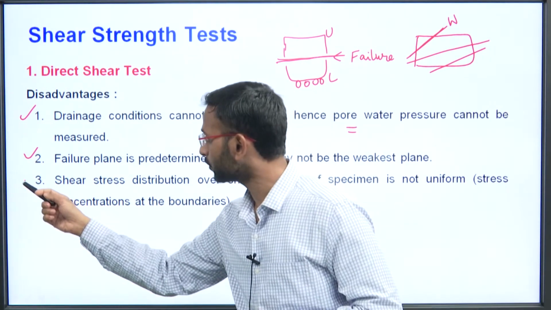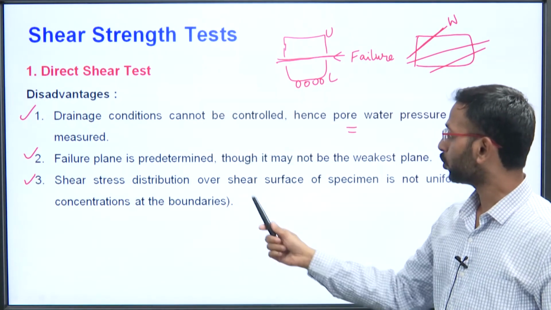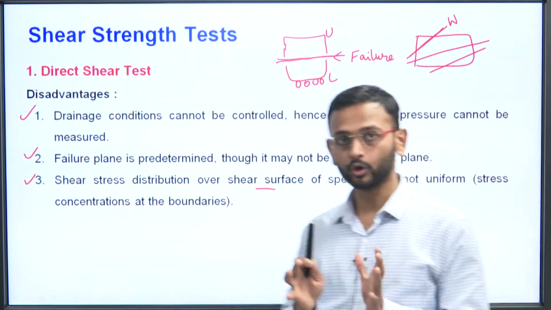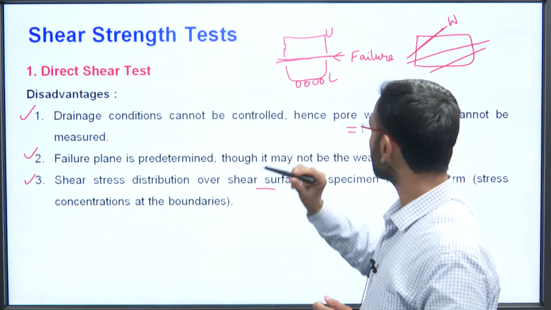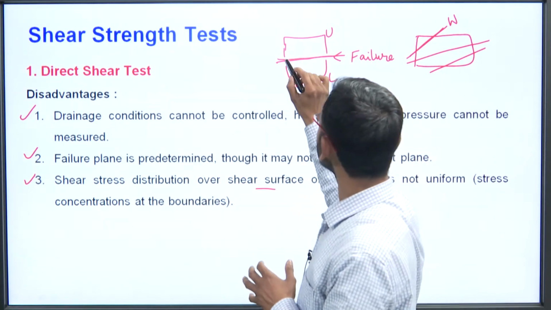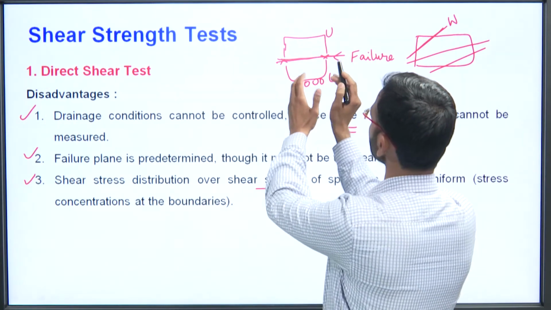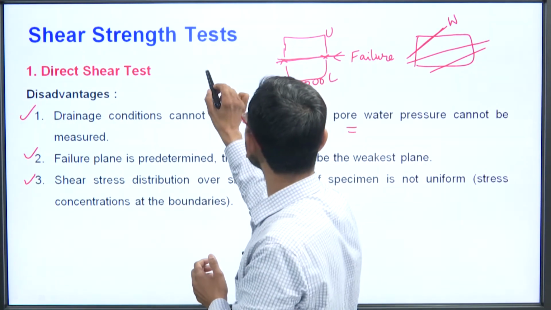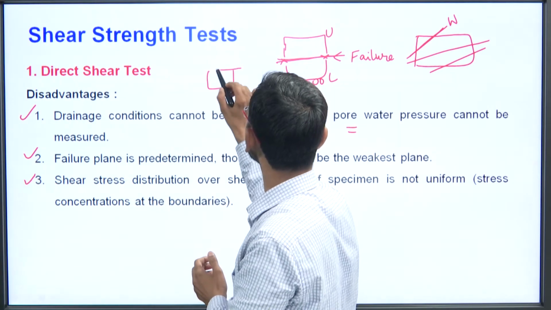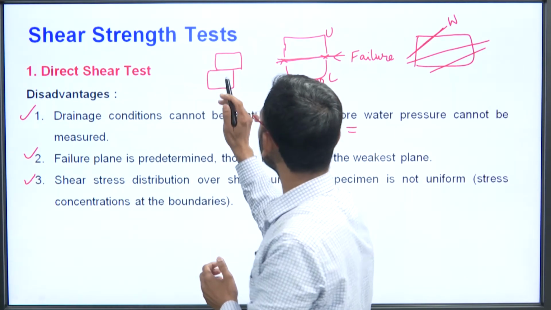Okay, in this third point, see, shear stress distribution over the shear surface is not uniform, because now what happens in this case, if this is the surface, the failure plane here, what happens, when we just move it slightly, alright, and we move it and bring it here, alright, then what would have happened,